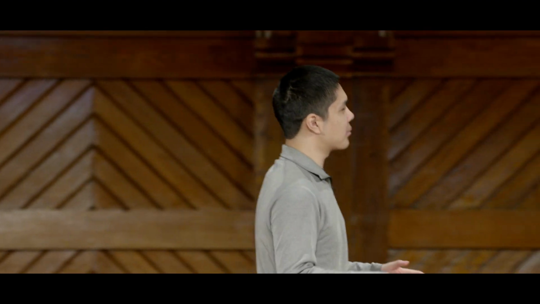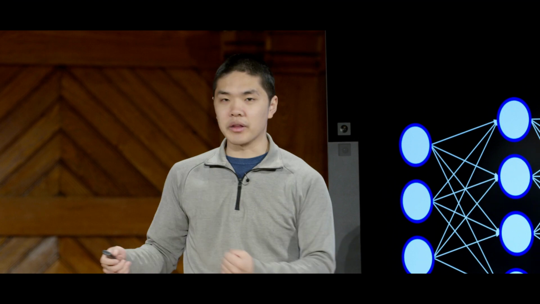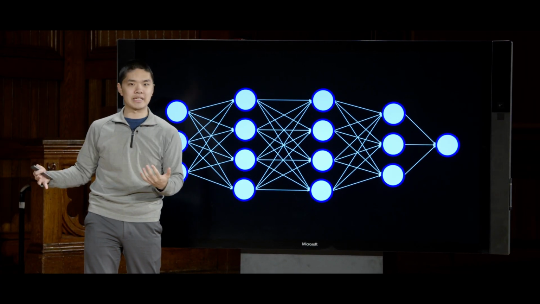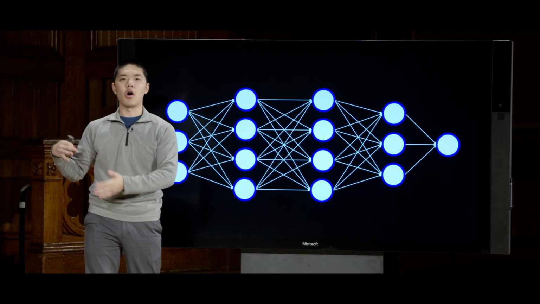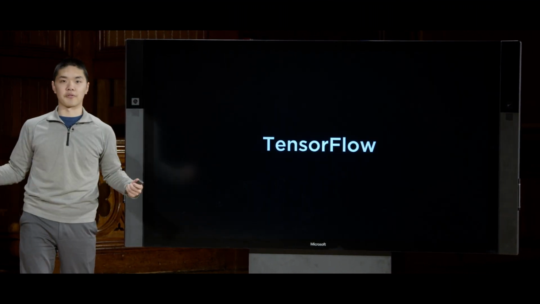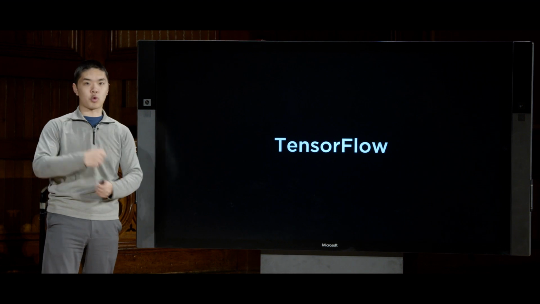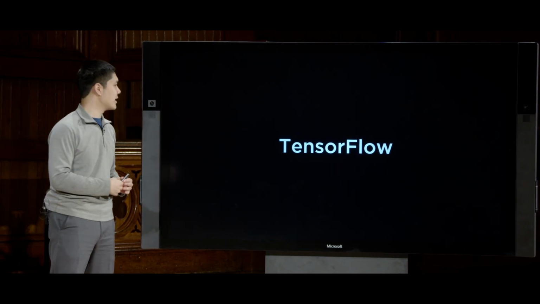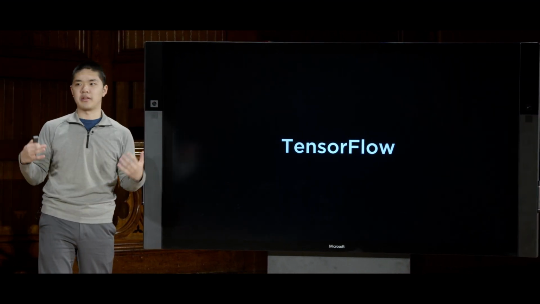And to do that, there are a number of different machine learning libraries, neural network libraries that we can use that allow us to get access to someone's implementation of backpropagation and all of these hidden layers. And one of the most popular, developed by Google, is known as TensorFlow, a library that we can use for quickly creating neural networks and modeling them and running them on some sample data to see what the output is